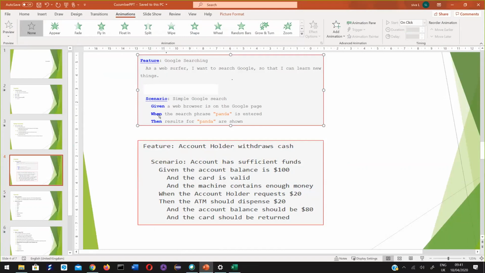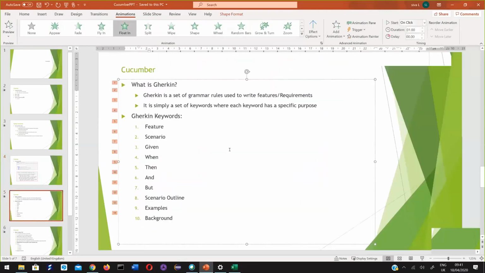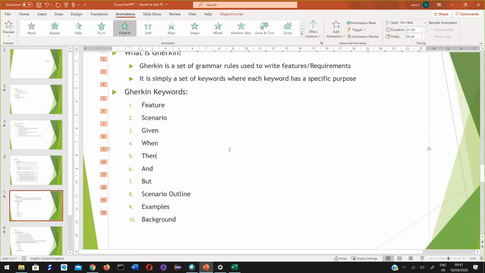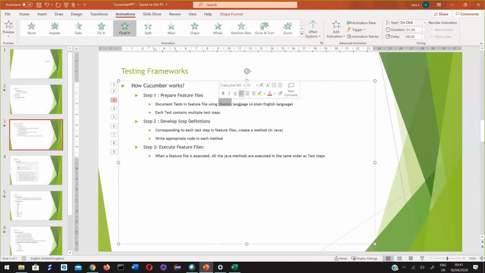I'm going to explain the meaning of given, when, then. So this is about a feature file in Cucumber. In step 1, document tests in feature files using Gherkin language.